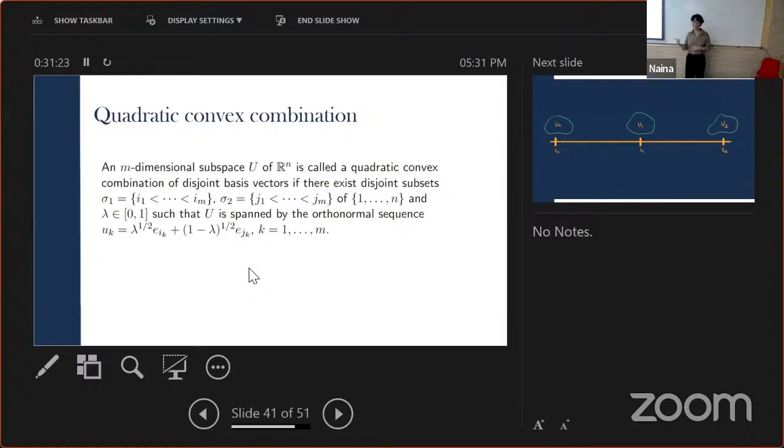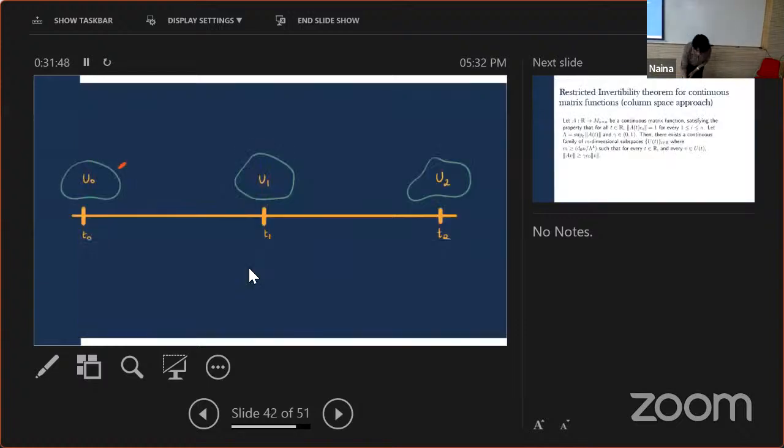The theorem has two proofs. One is the naive approach: let's modify the Bourgain-Tzafriri theorem, apply it pointwise, and see if the result still holds. The second approach relies just on orthogonality and nothing as complex as the Bourgain-Tzafriri theorem. Basically, if you want to go from U0 to U1 and U1 to U2, each of these subspaces U0, U1, and U2 is obtained from Bourgain-Tzafriri being applied at the points t0, t1, and t2.